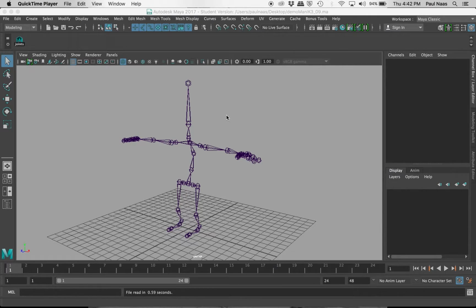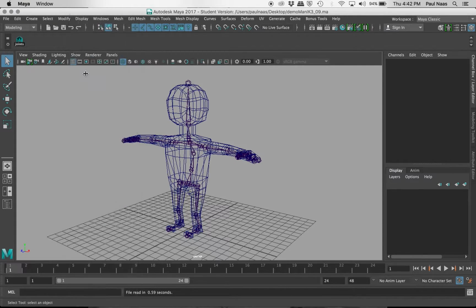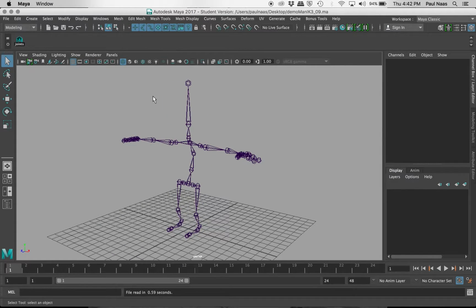You might have to watch it a couple of times to kind of get it, and I'll talk through as I'm working on it. But I want to keep the length of this down if I possibly can. So this is our practice character, and I've just turned off the polygon so we can just see the joints. We're going to go into our rigging menu set,